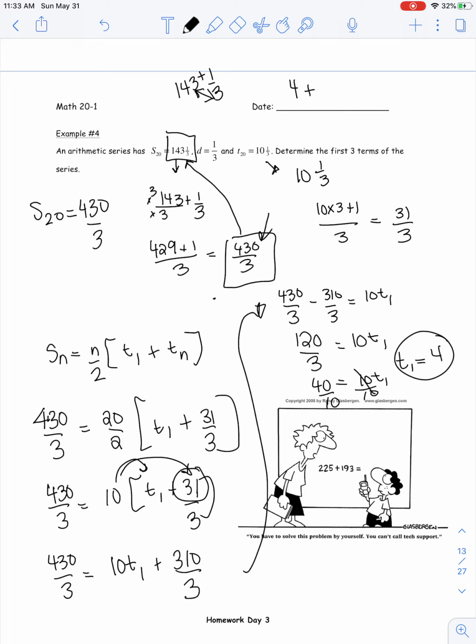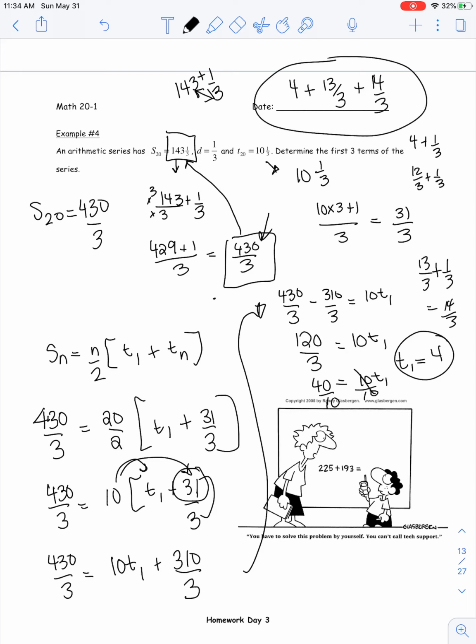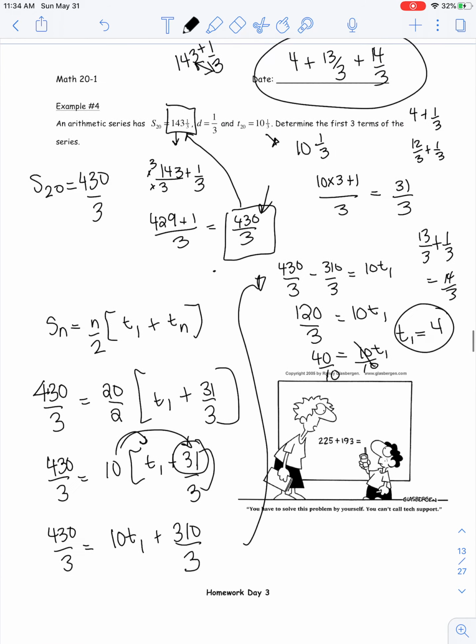So we're going to have to say plus, the next term would be 4 plus the common difference. Always get common denominators by multiplying the top and bottom by the 3 in this case, and you'll get 13 over 3 is the second term. And then you would take 13 over 3 and add again the common difference. So you're just taking term after term and adding the common difference to get that you have 14 over 3 as your next term in the series. And so that's what they wanted for the answer, the first terms of the series. Okay, so that is lesson